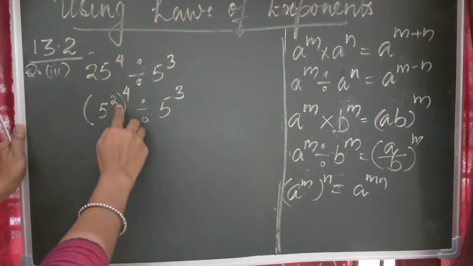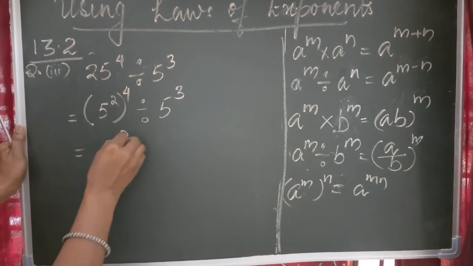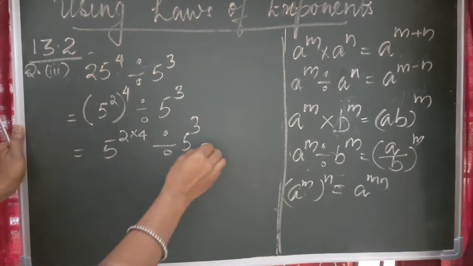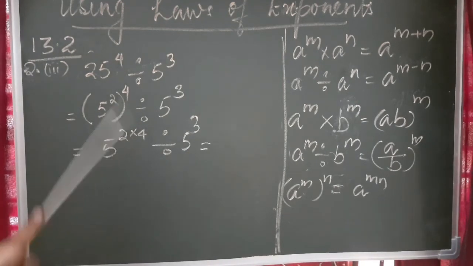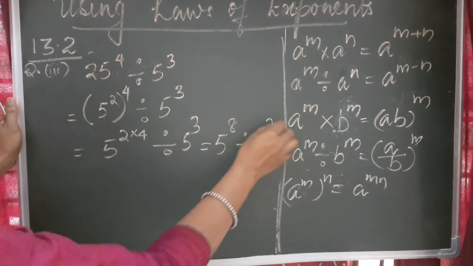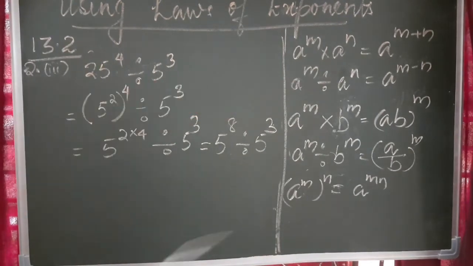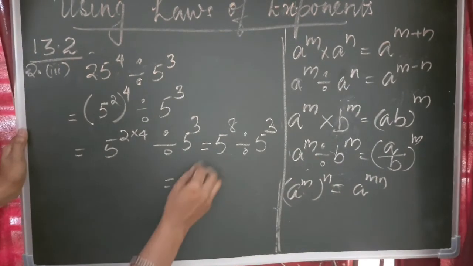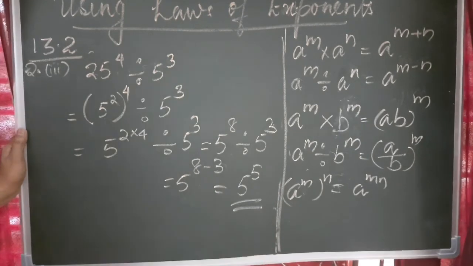Now this has become (a raised to m) whole raised to n, which is equal to a raised to m into n. Here you get 5 raised to 8. So 5 raised to 8 divided by 5 raised to 3. This is in the form a raised to m divided by a raised to n, which is a raised to m minus n. So we can write 5 raised to 8 minus 3, and the answer is 5 raised